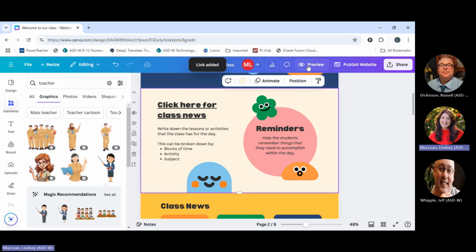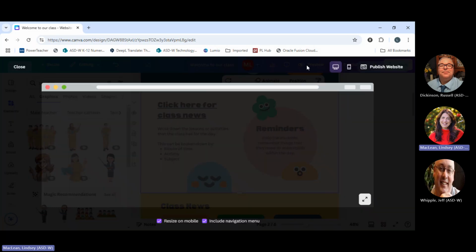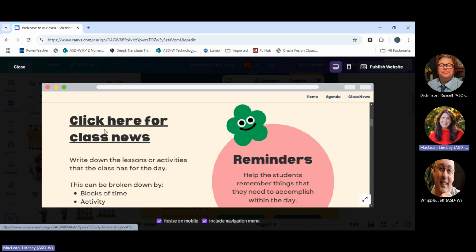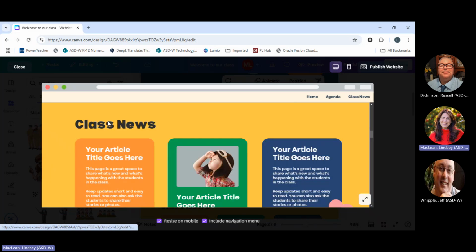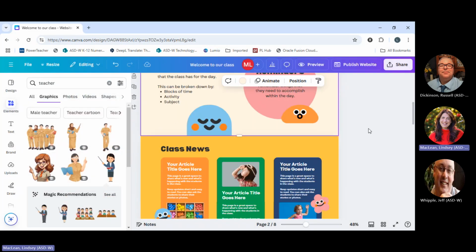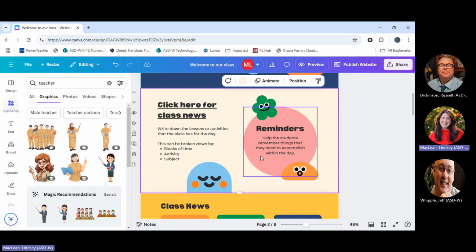So now when I go into preview, which you can do at any point as you're building your website, if I go down here, I want to test. When I click on this, it should take me down to the next page. And it does. So it's really that simple. If I want to link, say, to a YouTube video, all I would do